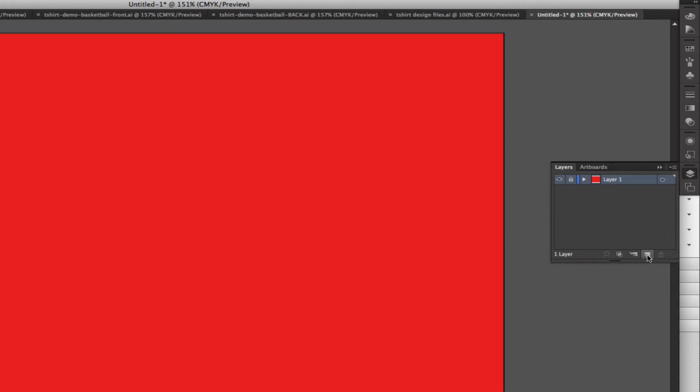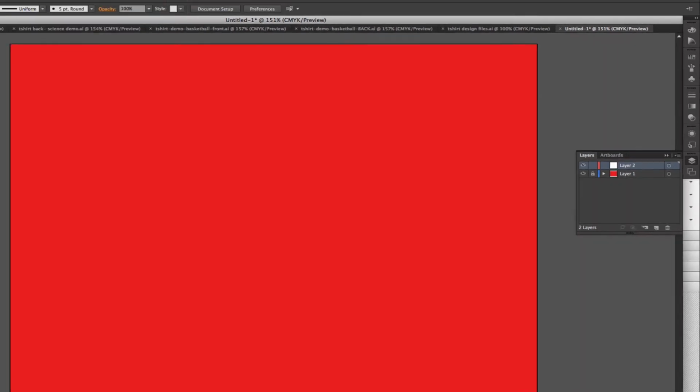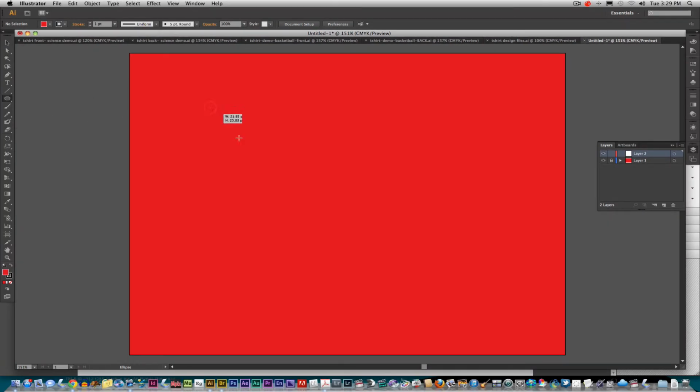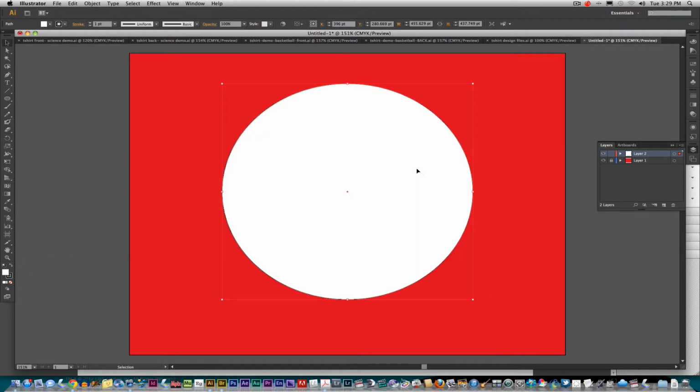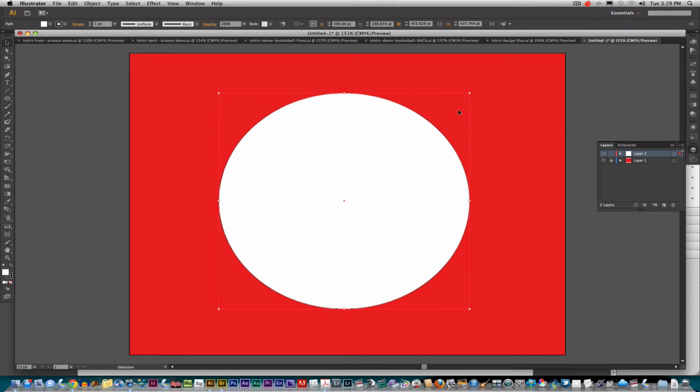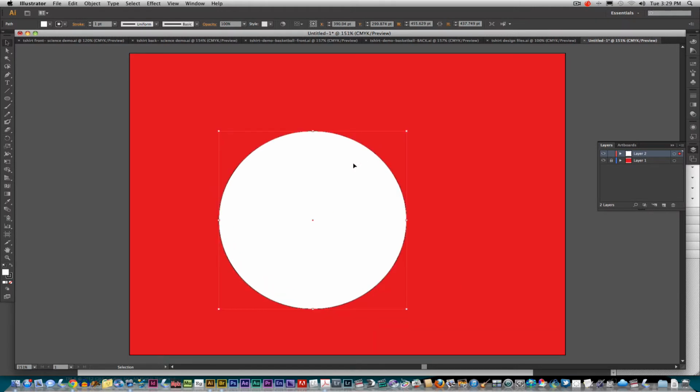Then I can come down here to the little button that looks like a page with a corner flipped up, and it says create new layer. So I'm going to click that. Now I have a layer 2. And if I start going to work on designing things that I want to have on this shirt, if I make like a big old circle here, and it's not showing up well because it's red right now, but if I select that, I'll just make it white for the time being. You start putting your design elements on here, and you can move